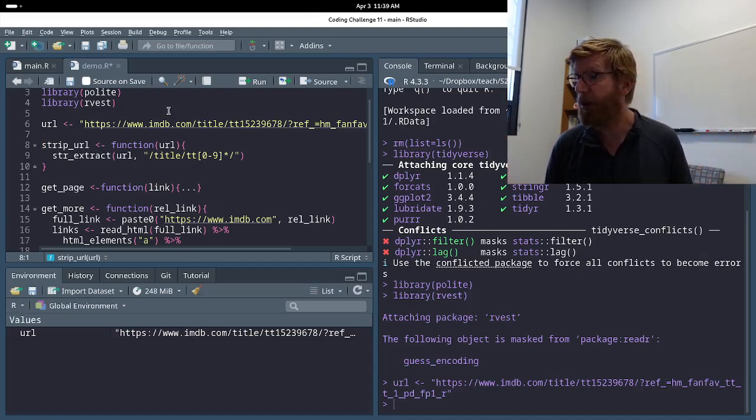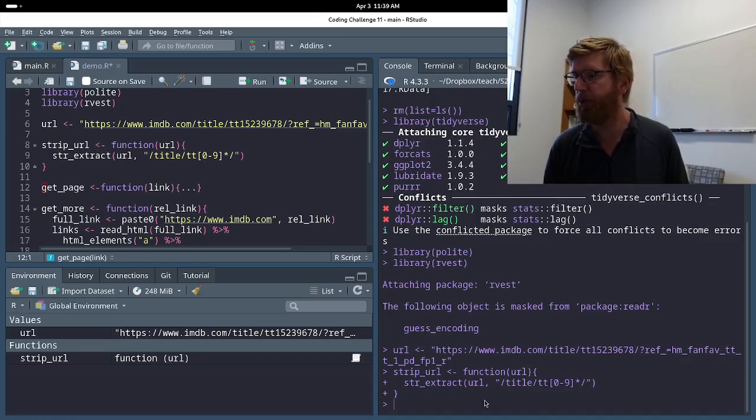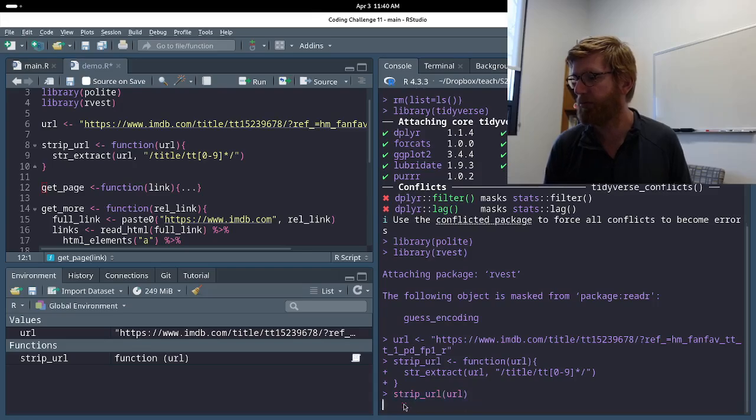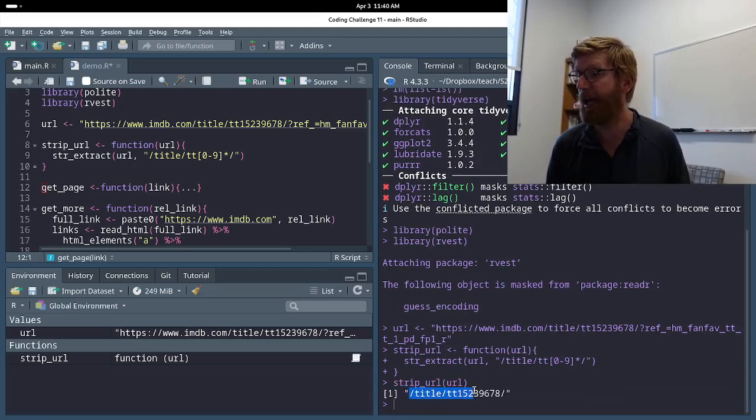All right, now this URL we can see has a bunch of crap at the end of it that I'm not really interested in. So let's make a function to strip that. So strip URL. If I pass in the URL to Dune 2, I get back /title/some code. In this case, it is losing the base part of the URL, but we'll see in a second